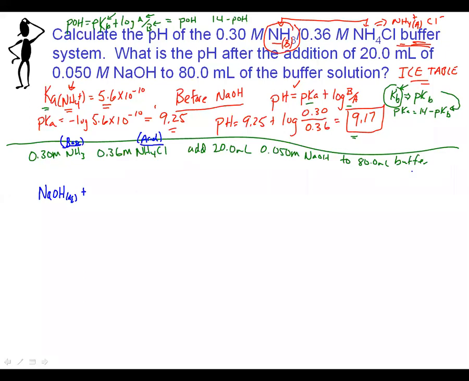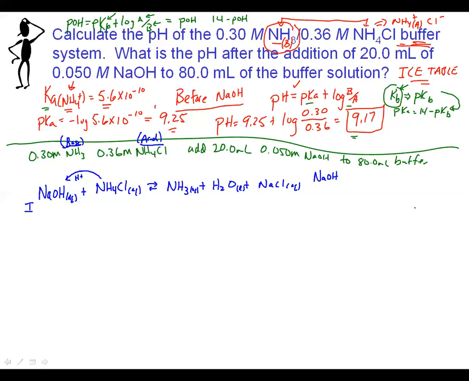So when it reacts, it's going to react with the ammonium chloride in this case, which is our acid in the buffer. And when it does, we will get NH3, as it's going to again act as